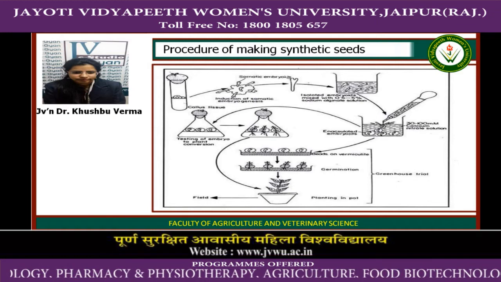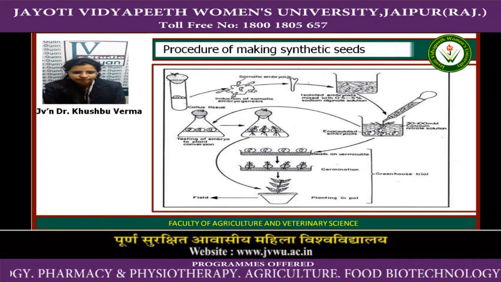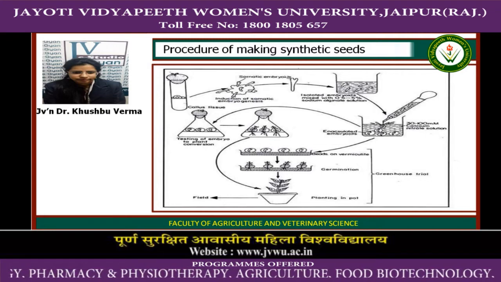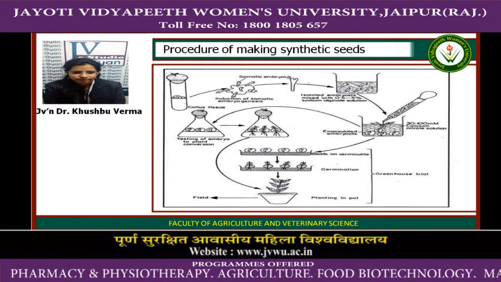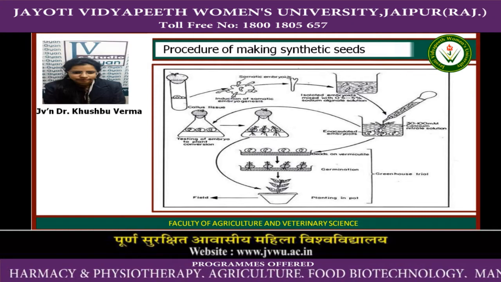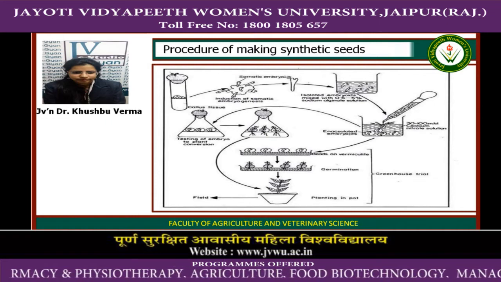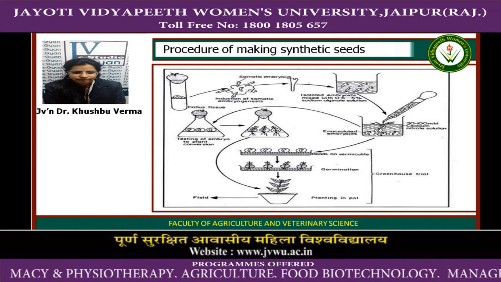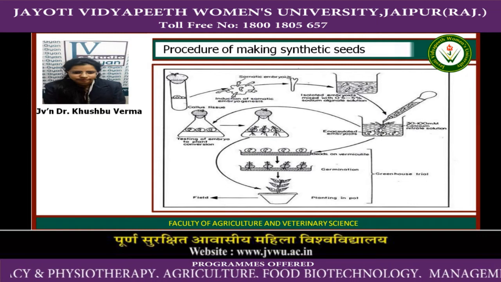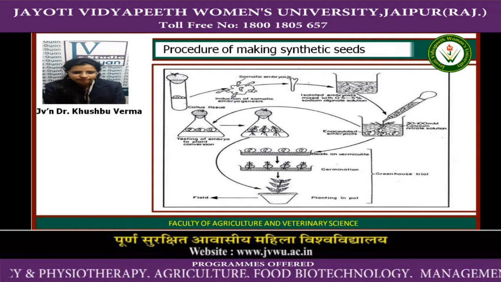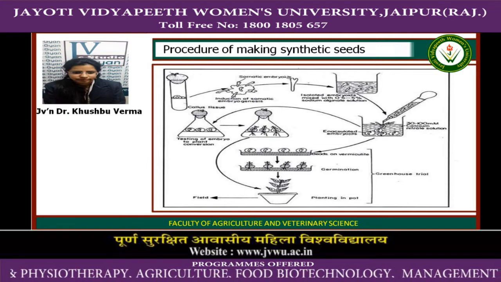First of all, we will discuss the plant growth chamber. We will transfer these encapsulated embryos to the MS medium, test the embryo to plant conversion, and check the viability of the encapsulated embryos. After checking the viability of the synthetic seeds, we will transfer them for planting in the plot. In the second process, we will directly transfer the encapsulated embryos to beads of vermiculite. After that, we will check the germination rate, and after germination, we will transfer them to a pot that has soil.